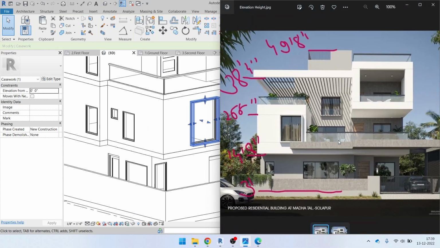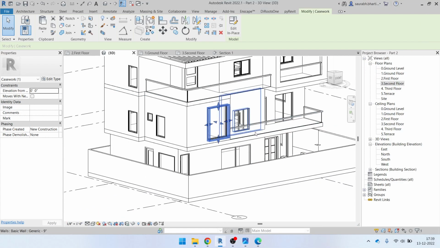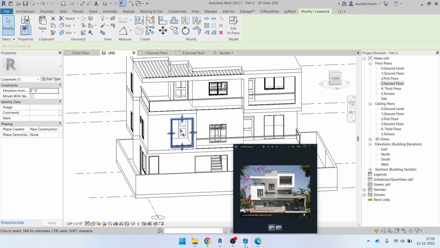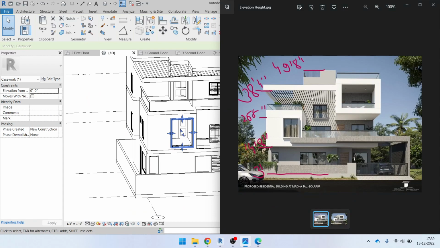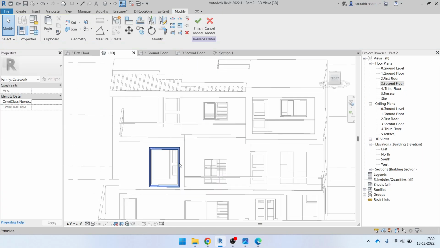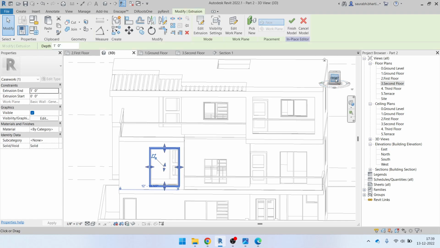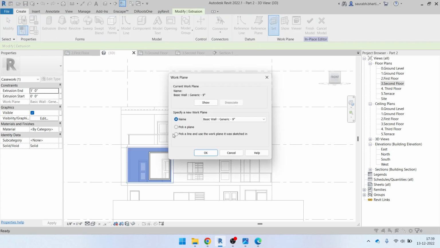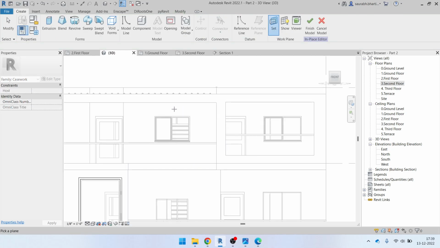After this you have the same type of casement on the outer side also, I mean on the inner side. On the top of it you have the same thing. So now what I'm going to do is go to edit in place again. I have the same model, and now we are going to go to create, set a plane, pick a plane, and pick this